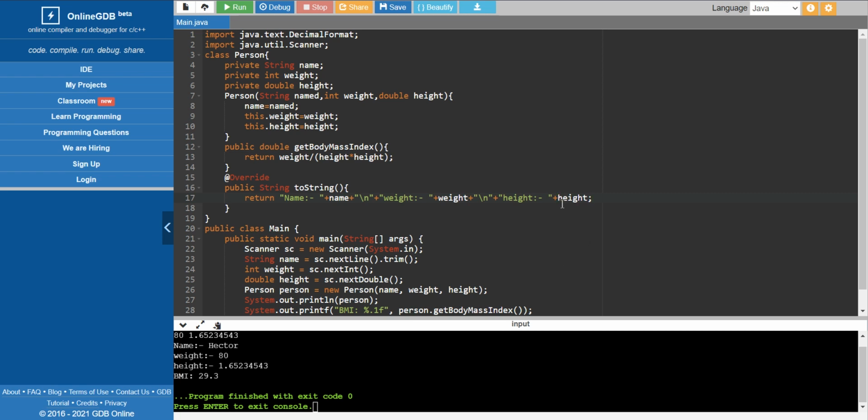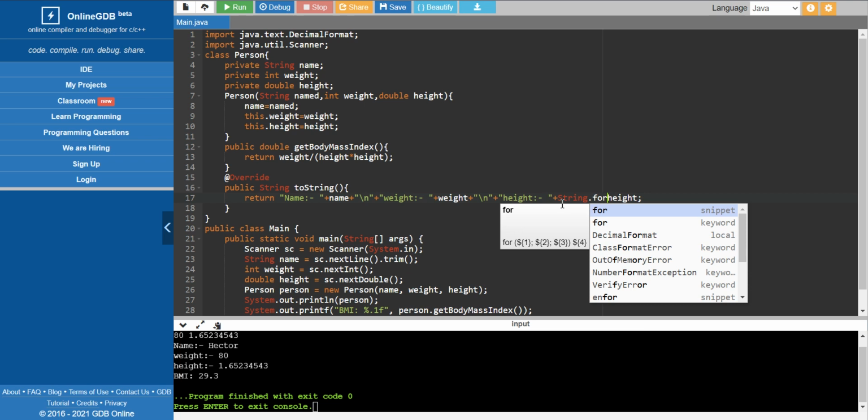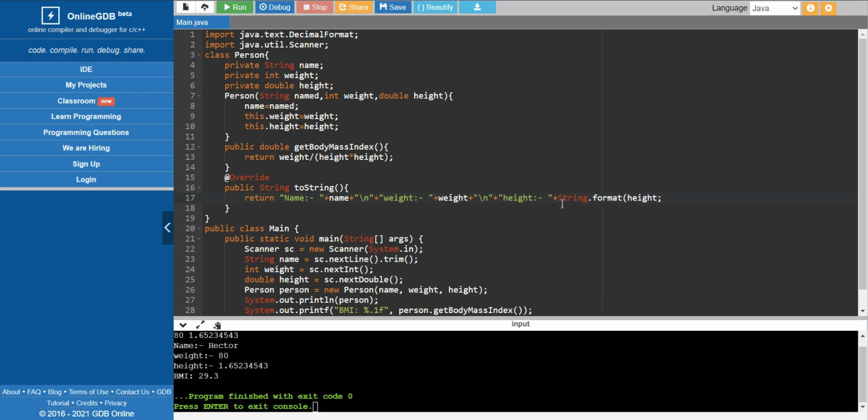For that, we can format this using String.format. The format we need is .2f, and the value to be formatted is height.